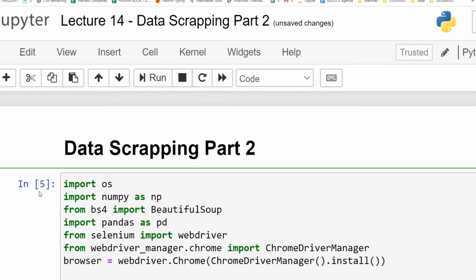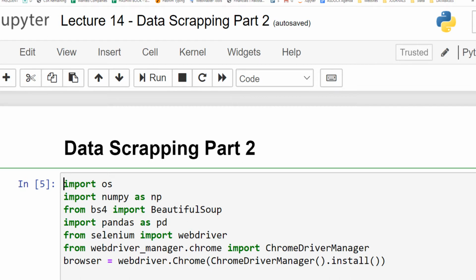So the code that you are seeing on the screen is from the previous class. So let's quickly go through it so that we refresh our memories. We imported the OS module, that is operating system. We also imported NumPy. The BS4 package is for handling the HTML documents and HTML tags.